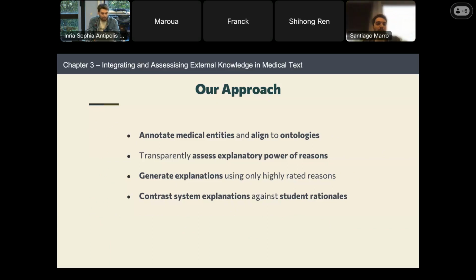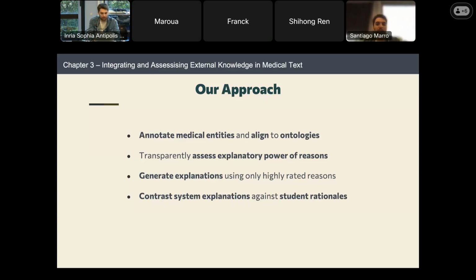Then we want to be able to transparently assess the explanatory power of reasons, meaning we want to assess all of these medical entities that we can find, which of them can explain better, for example, the diagnosis of a patient. And finally, we want to generate explanations using only the best symptoms or the best reasons that we can find in the text, and contrast them with other existing explanations.